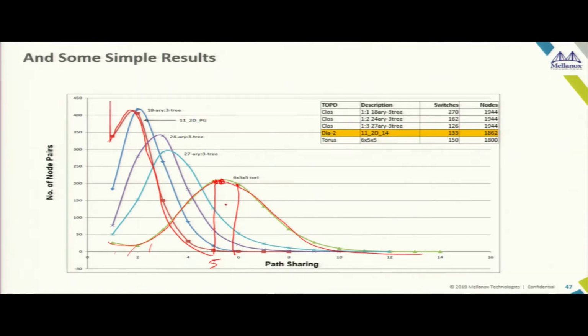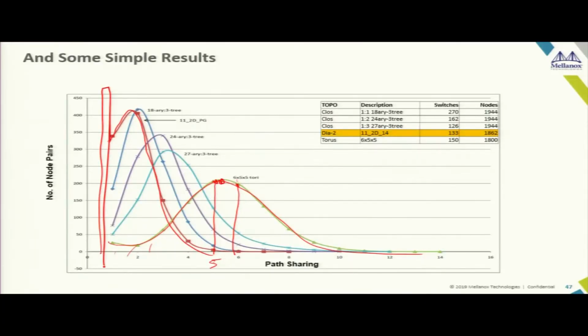How many of you would say that this 6 by 5 by 5 torus grid is the best network? Okay, so the first guys are right. And why? Because in a perfect network, you don't want segment sharing. What is a perfect network? Every pair being able to talk to each other without getting affected by anybody else.